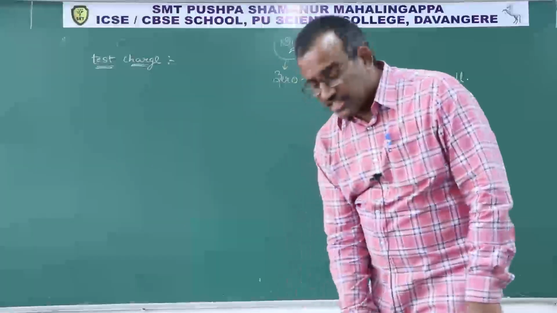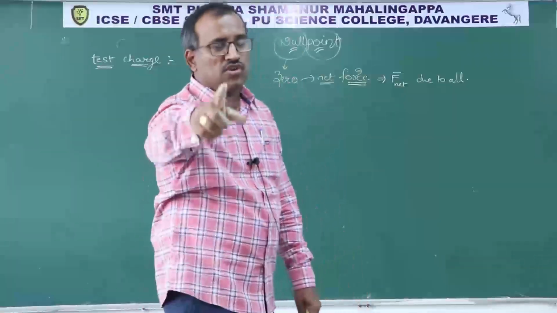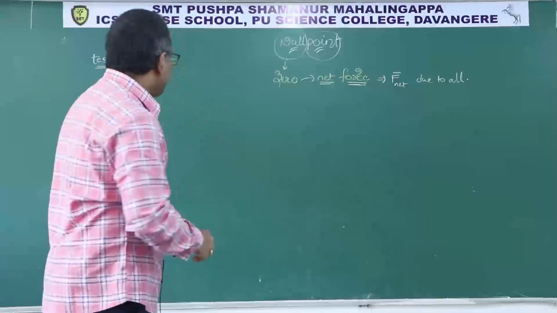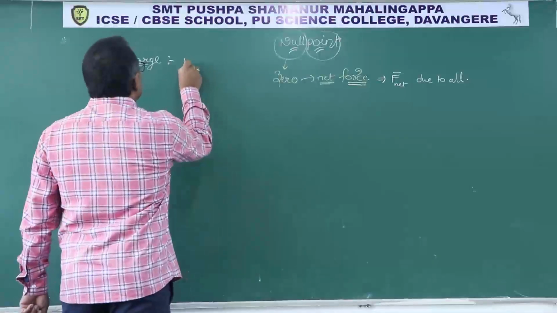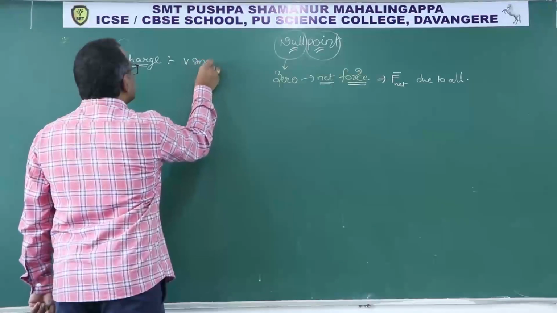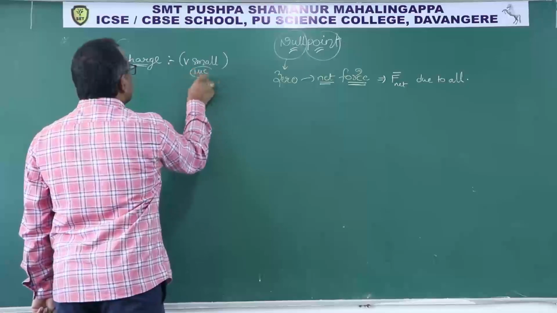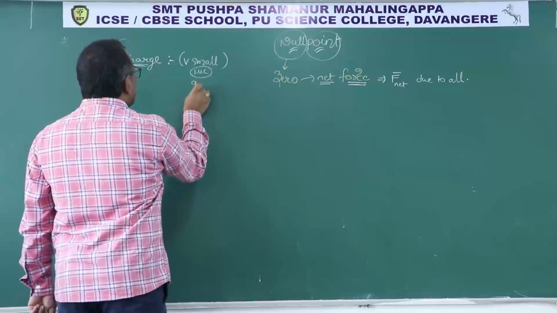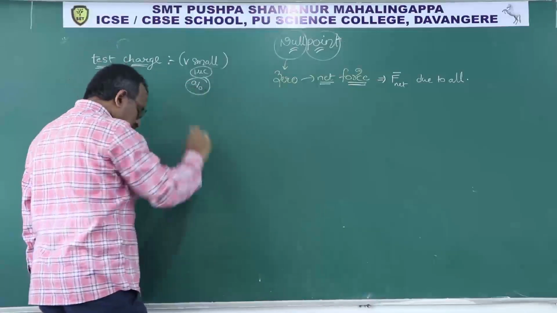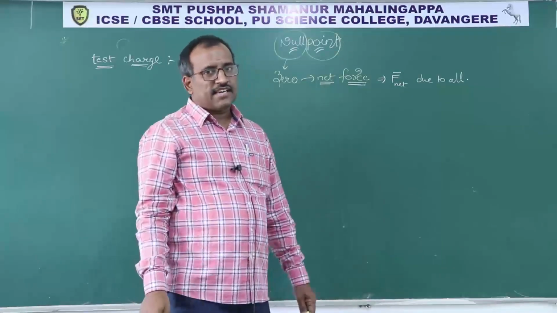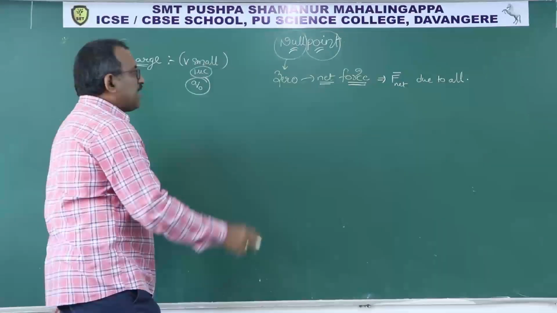That charge is very, very small. It should not be more than the source charge. Very, very small, like in the level of 1 microcoulomb, represented by Q naught. Test charge I am taking it as Q naught. Clear? So to find null point,